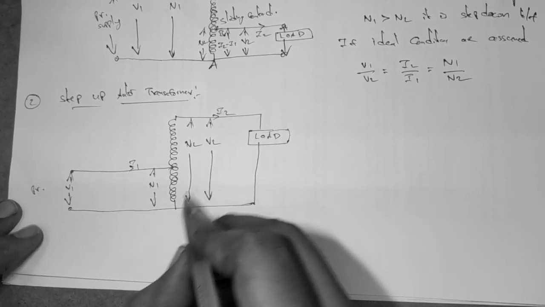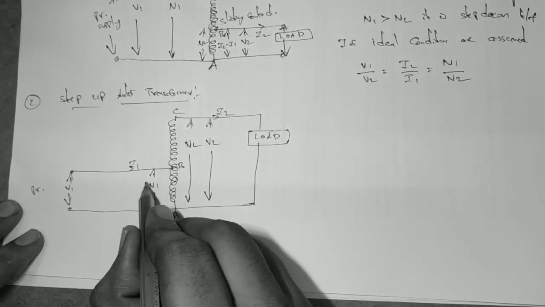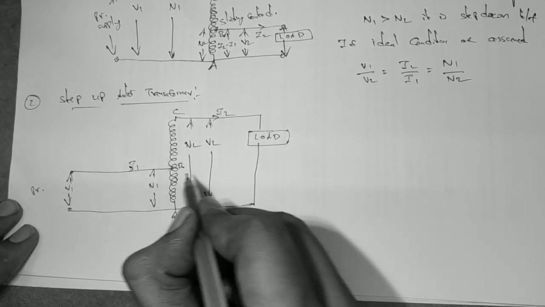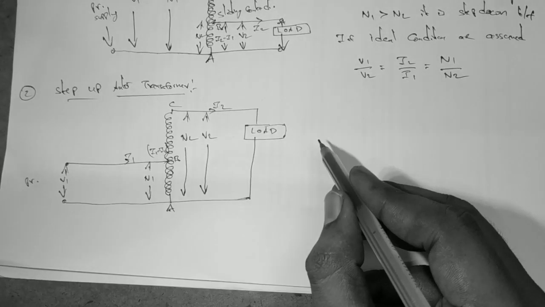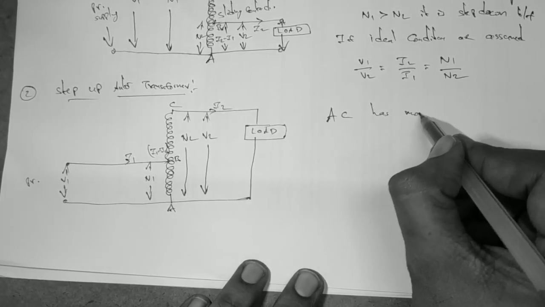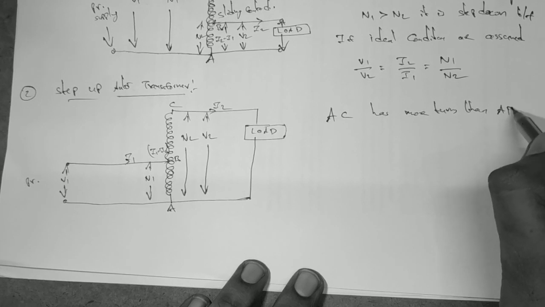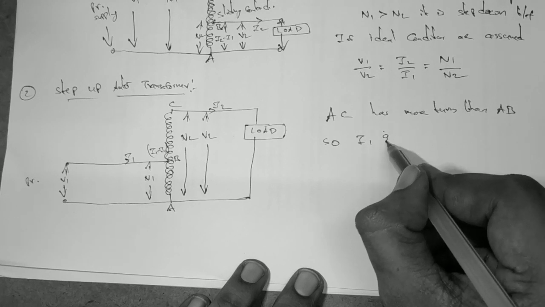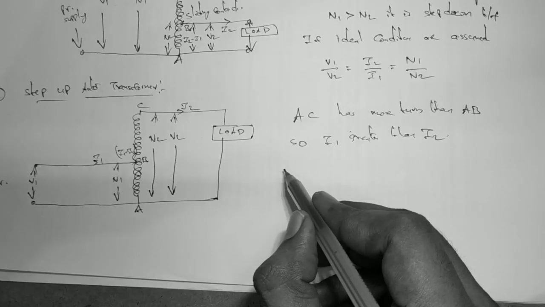Voltage across load is V2 and voltage across the supply side is V1. Now if we divide the winding into A, B, C, so primary winding is AB and secondary side winding is AC. So AC is having so many number of turns compared to the AB. And current flowing through winding BC is I1 minus I2 because here I1 value is greater than I2. Now AC section will be having more number of turns than AB. So it is a step up auto transformer. So I1 will also be greater than I2 because V2 is greater than V1. So overall power will remain constant.